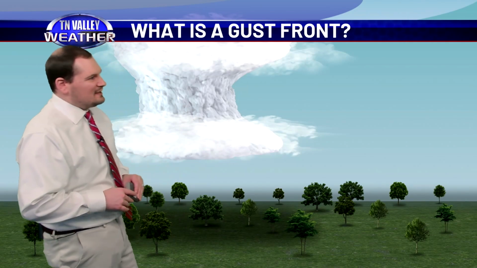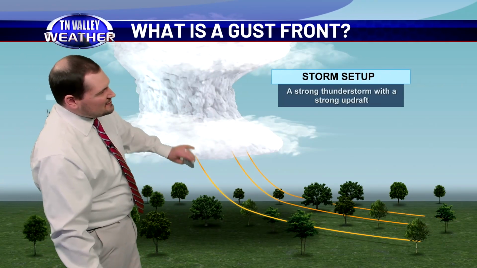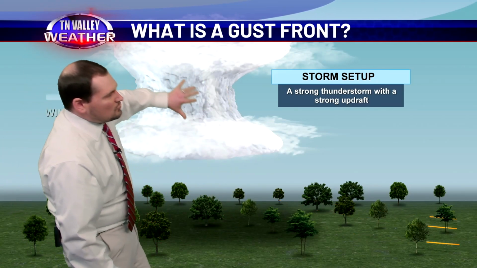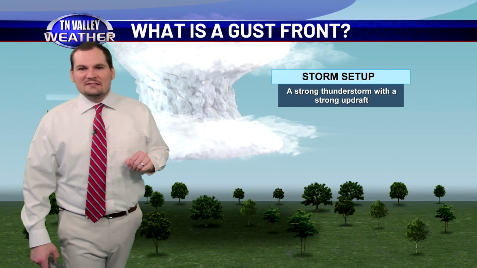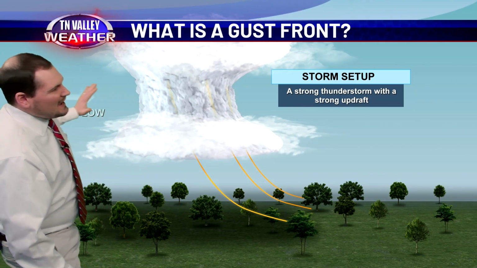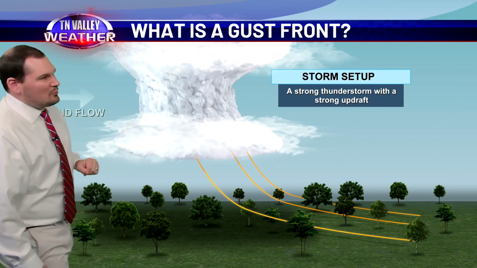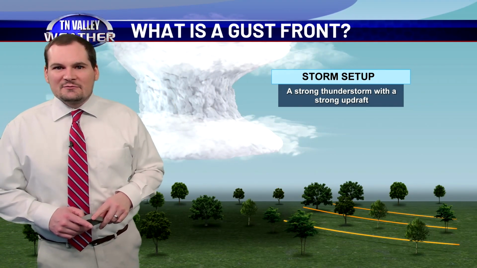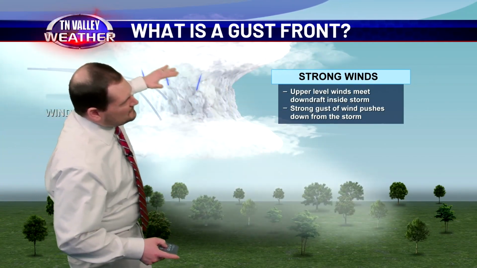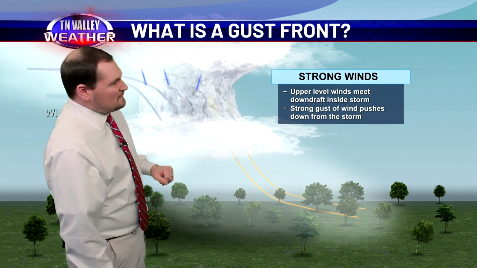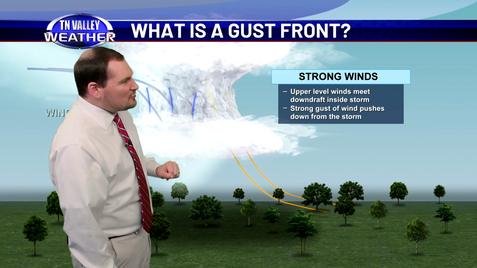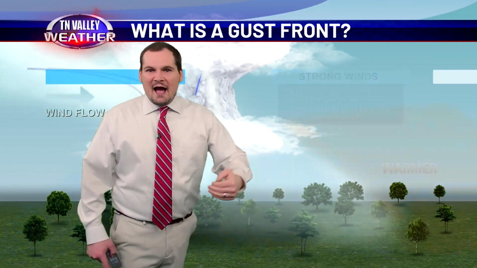So let's explain exactly how that starts to form. Like I said, you start getting this storm that develops, you get strong updrafts, you got all this warm, moist air that's being pulled inside of that storm. So then you start looking at the mid-levels. And let's say that there's a nice area of wind that's coming in to that middle part of the storm at a pretty good pace. Well, that wind eventually gets caught up in the storm's downdraft, and it gets forced down towards the surface. So there's your big gust of wind that comes down from that thunderstorm,